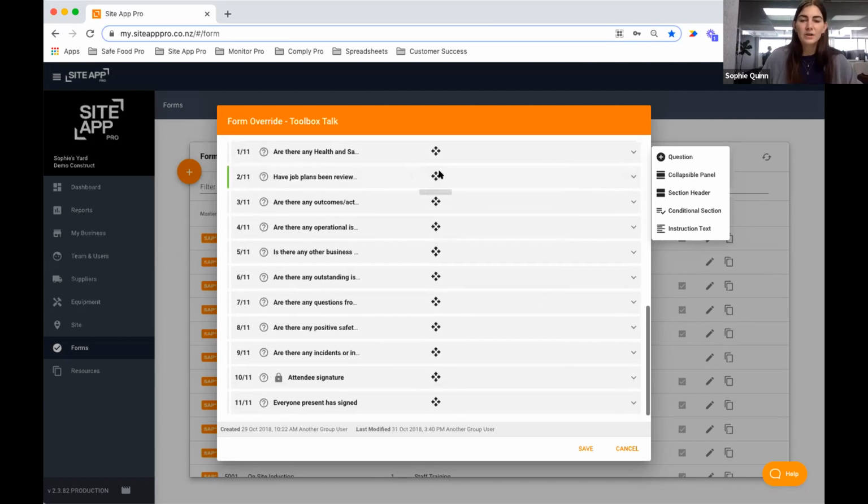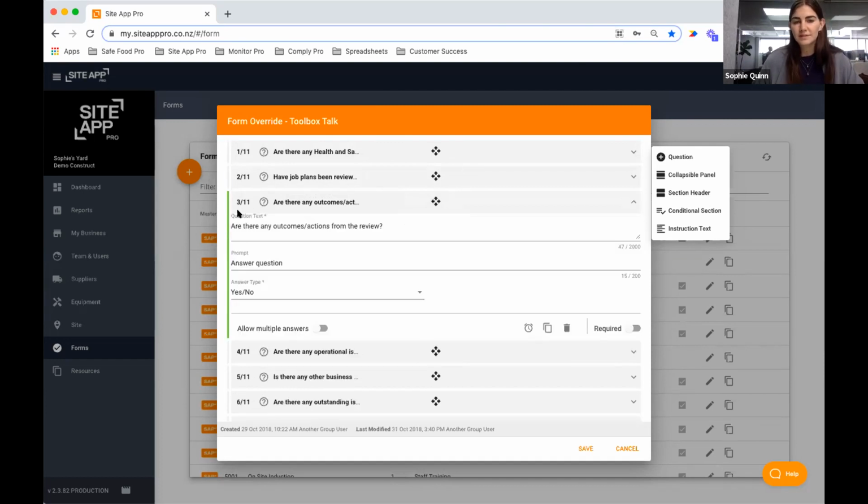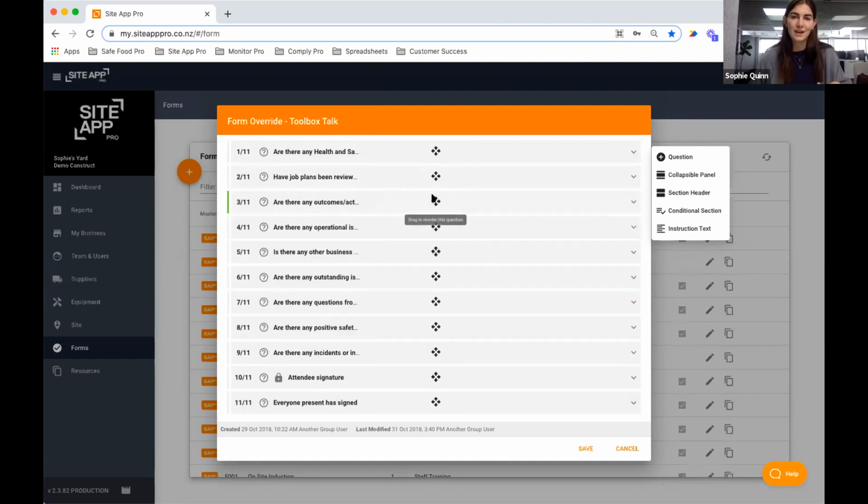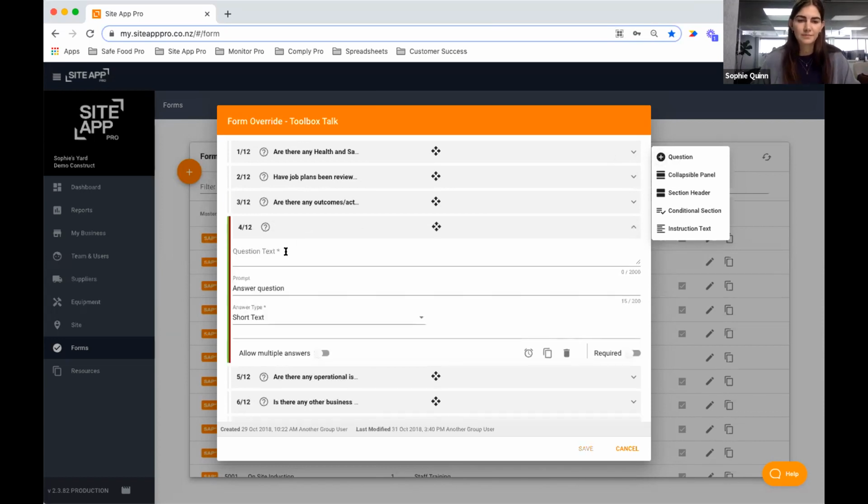If you want to add a question to the form, say I want to add a question underneath number 3, so I want to add a question for number 4. I'll click on number 3, so that green line shows up next to that question. That means that's the question I'm working on right now. I'm then going to click the question icon on the side here. If I click on that, it'll show underneath number 3 and make it number 4 out of 12 because we're adding a new question. Cool. From there, I'm just going to ask,